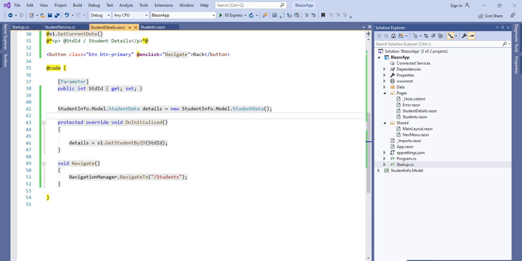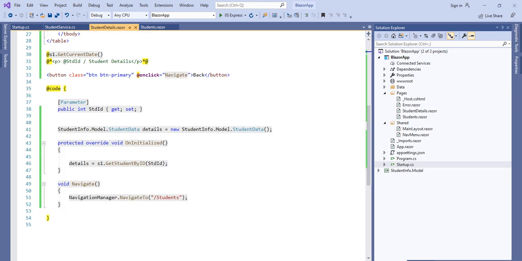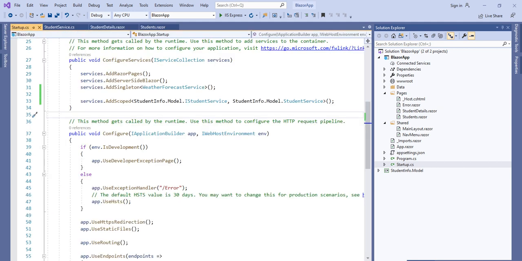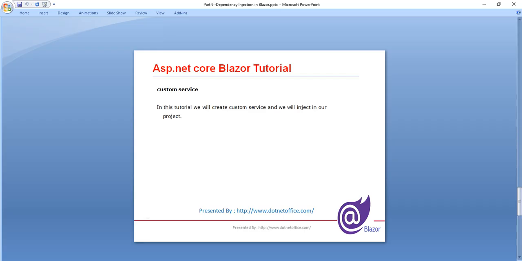Then we inject the particular service here, and when we use it as a dependency injection, we don't need to initialize it, because when we add it as a service, it is initialized there. That's why it is not necessary to initialize the class here. So that is all about dependency injection in Blazor.